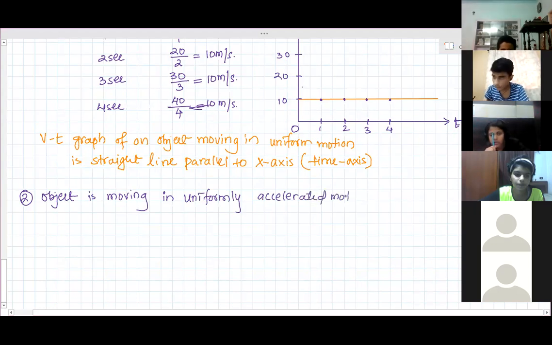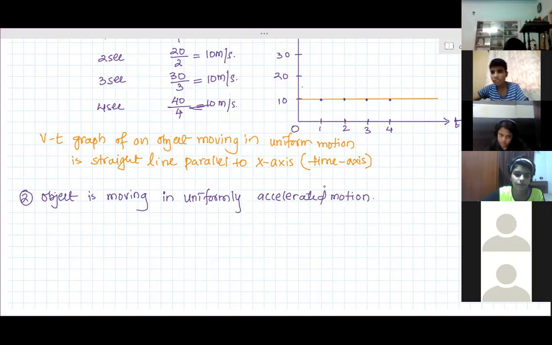It is not uniform motion. It is uniformly accelerated motion. So what do you mean by this? What do you mean by uniformly accelerated motion? Now everyone stop writing and listen. A very huge confusion will be created if you don't understand, because the further part is completely dependent on uniformly accelerated motion. Equations of motion also you have to learn for uniformly accelerated motion.